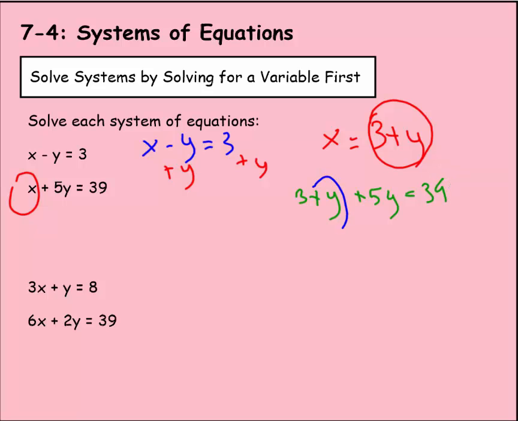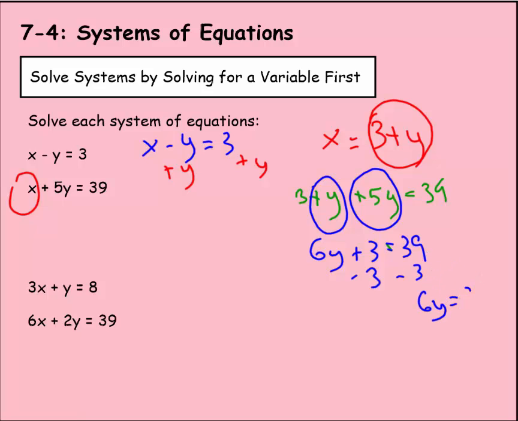I see like terms here, plus 5y and plus y. So that's going to give me 6y. So 6y plus 3 equals 39. Subtract 3 from both sides. That makes it 6y equals 36. Divide both sides by 6. Therefore, y equals 6. Now that I know that y is 6, I could plug in the 6 for y,